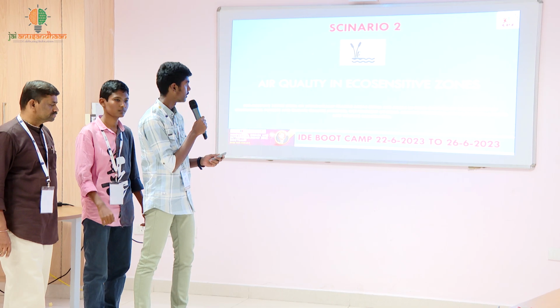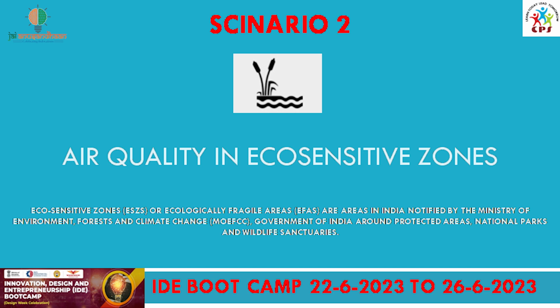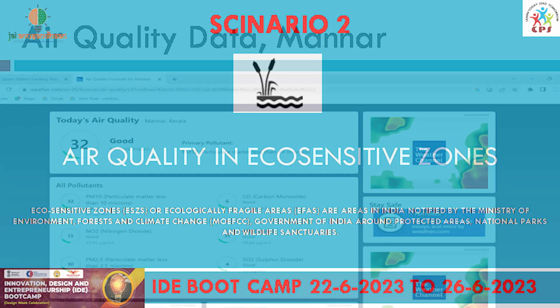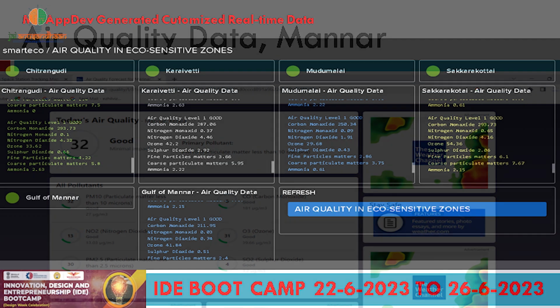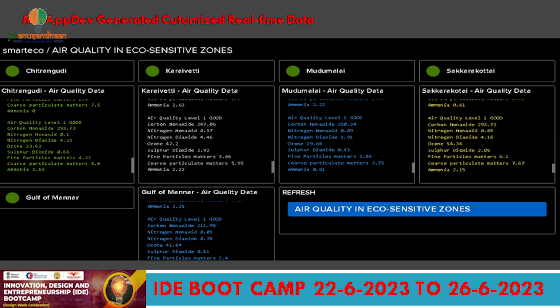My name is Harnit. Real quick, these zones you see here are branded by our government as fragile zones where certain activities are restricted. For knowing the air quality, the teacher can customize and know the air quality of multiple places at once. Why our product over other products is that teachers can easily customize and place the air quality of many places in a single software, and they can use it easily.